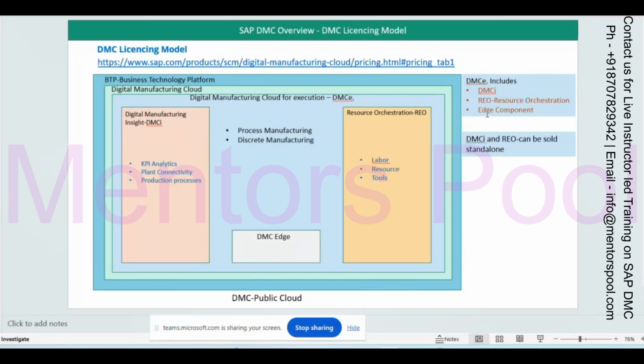The edge component is nothing but, you can say, the Pico or the plant connectors, all these things.